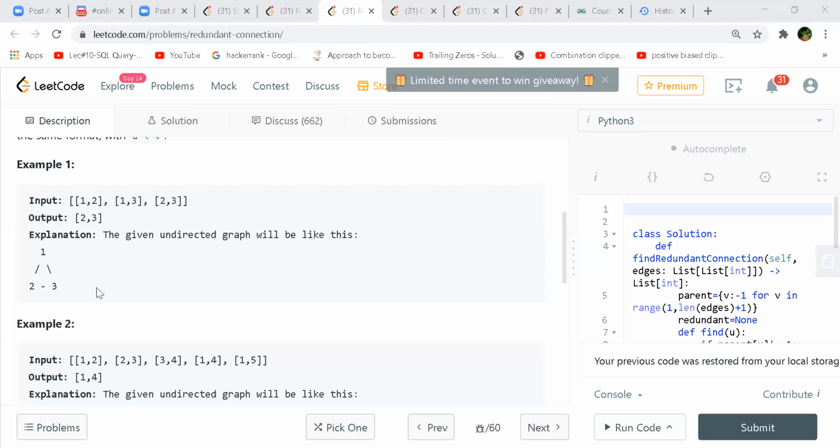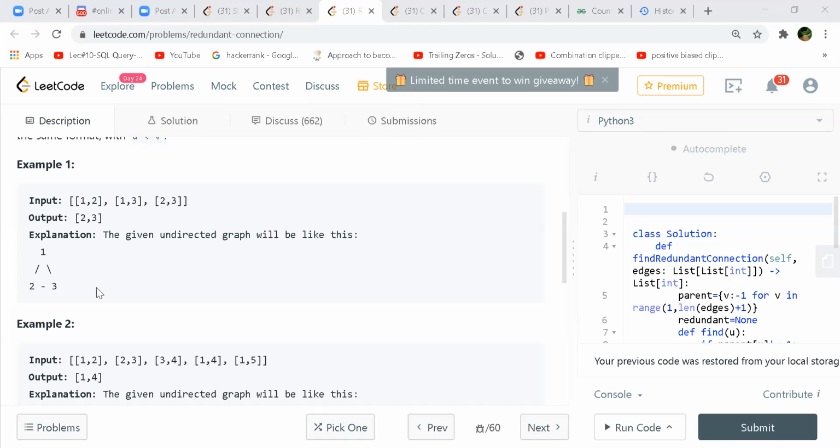Yeah, so for the brute force one, we can always start with constructing the graph, and then we just remove one of the edges and check if all the nodes can be visited by running either of the traversals. If on any of the edges this condition is not satisfied, we can simply return that edge. Okay, that's good. That would be n to the power 4, right?